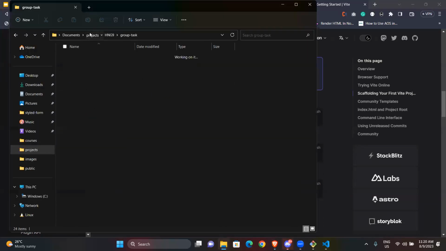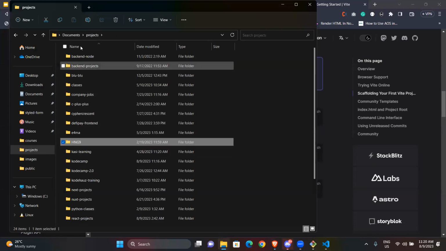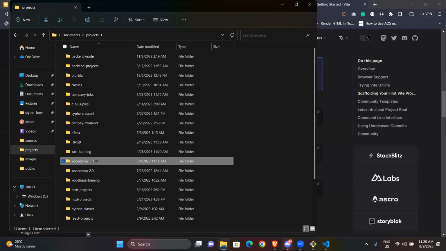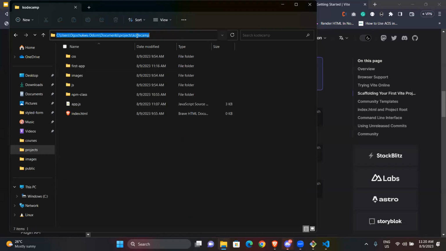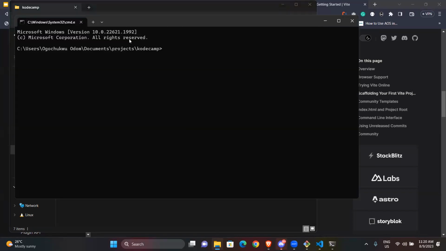Now, there are different ways of doing this. For me, I have a folder for all my projects, and if I want it to be in a specific folder, I just go to that folder. So let's say, for instance, KodeCamp again. I'll just do a CMD here, open then CMD inside there.